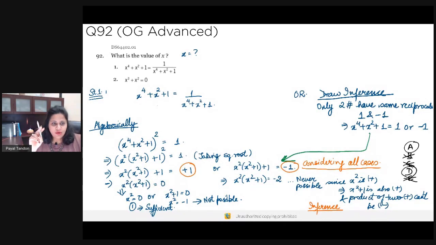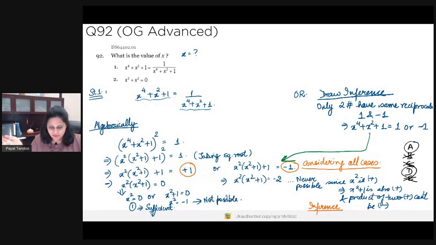Now, there are two ways of approaching this. And again, there may be more than two ways, but two ways that I could think of. One is I just look at this and I draw certain inferences. And what do I see over here? This is a number. This is the same number, which means that the number is the same as its reciprocal. Now, there are only two numbers that are the same as their reciprocal,